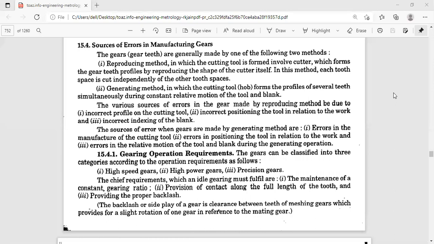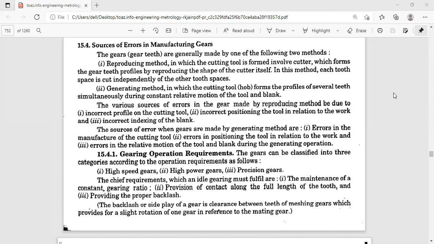Already we have seen incorrect positioning of the tool in relation to the work and incorrect indexing. But what is the other method in the manufacture of gears? We have the generating method. So what is the tool in the generating method? We have the hob. That's why I told you prior to this, whether it is metrology or manufacturing technology